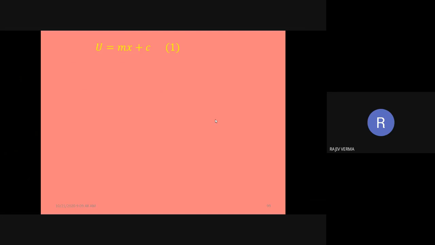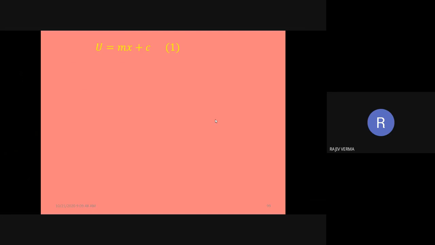Now, in this particular slide, we are going to change this linear expression so that the two parameters, that is m and c, which obviously are unknown, are now going to represent the value of the unknown parameter at node number 1 and node number 2. Now this simply is a substitution process.